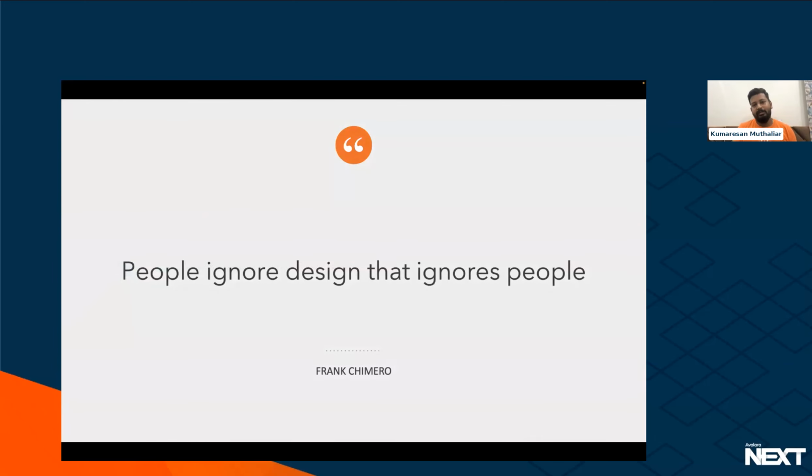So I came across a very popular quote which says that people ignore design that ignores people, correct? So if you ignore the design of your system with respect to the performance that it should provide, the customers would start ignoring your application and they will jump onto a different application. That is the problem that Facebook was facing, but Facebook didn't have a competitor at that time. But today it's a competitive world, and we have very different applications that provide the same